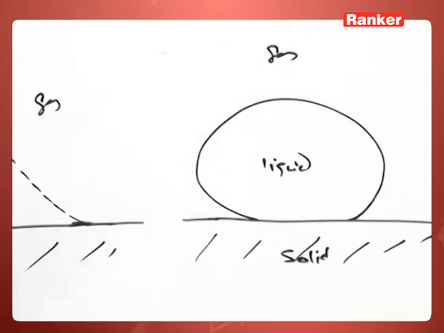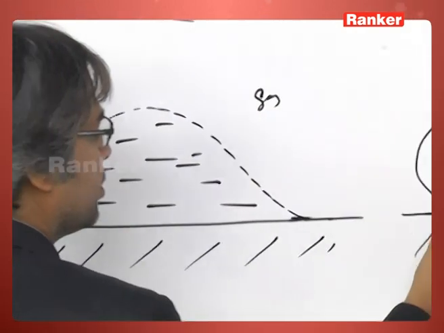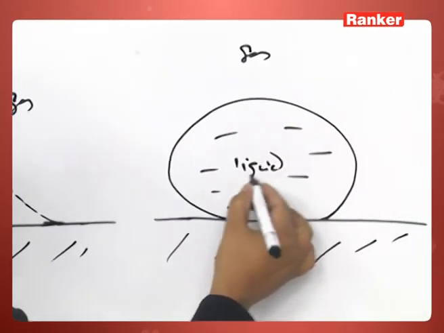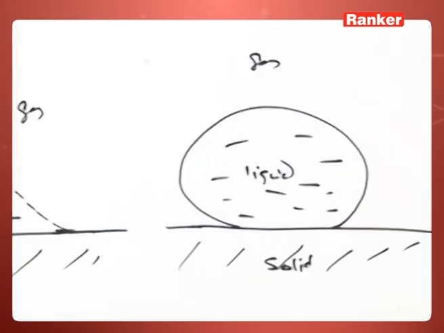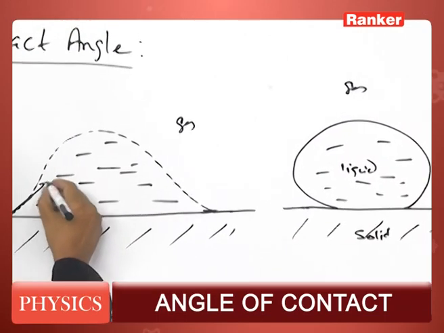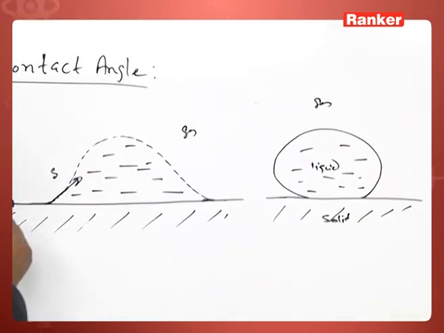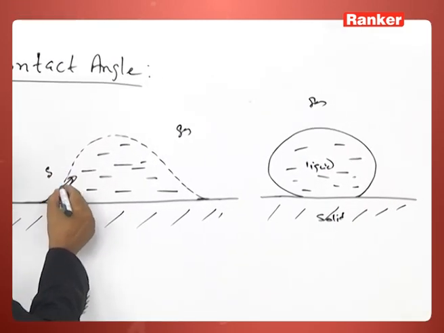Inside this, the shape of the liquid surface is like this. So, here we have a force, called the surface tension S for the liquid